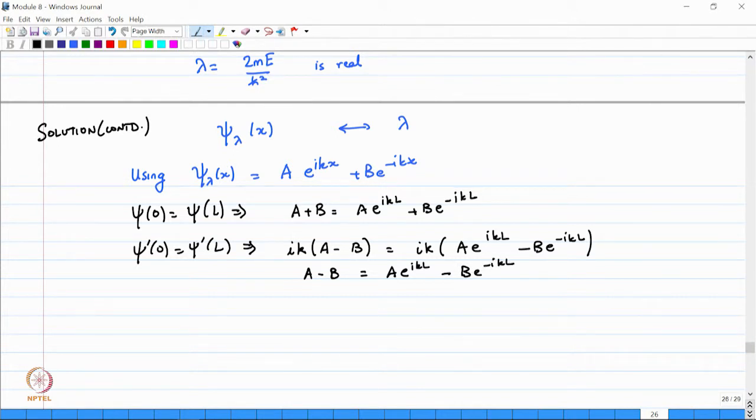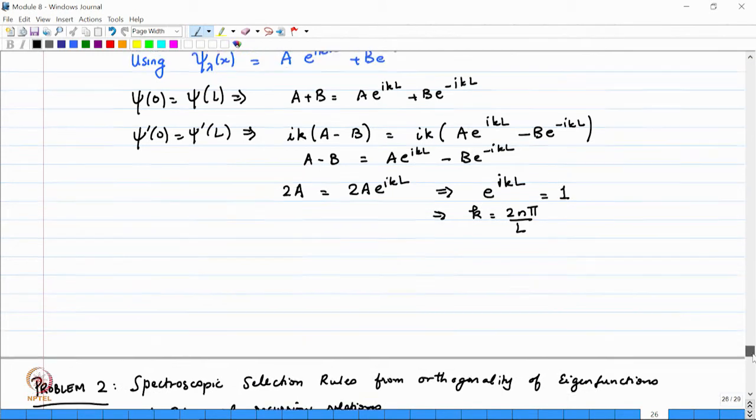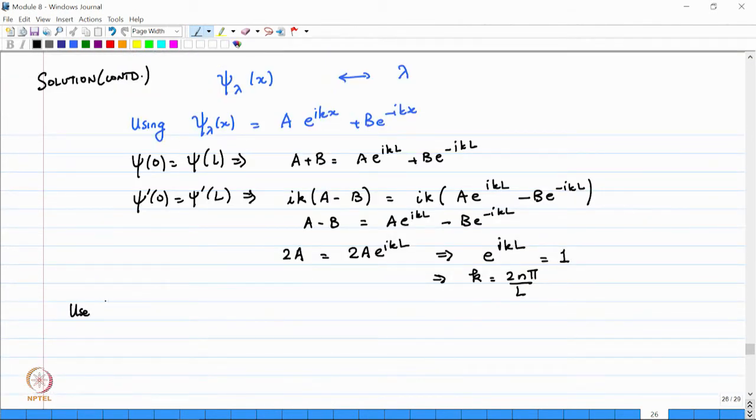Okay. And if I add these two, what I will get is 2 a is equal to 2 a e raised to I k L. This implies e raised to I k L is equal to 1, which implies k is equal to 2 n pi by L. So, the solutions, now instead of k, use n, and you can write psi n of x is equal to a e raised to I 2 pi by L n x,